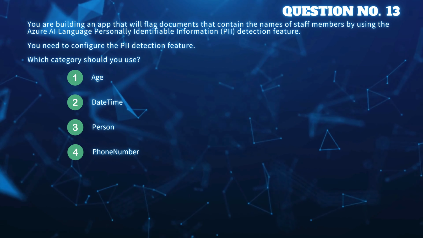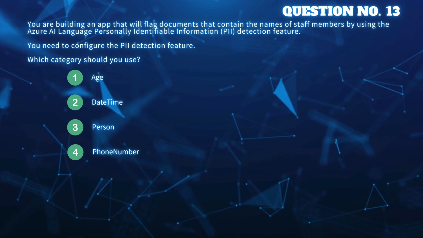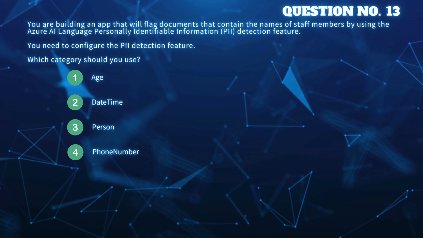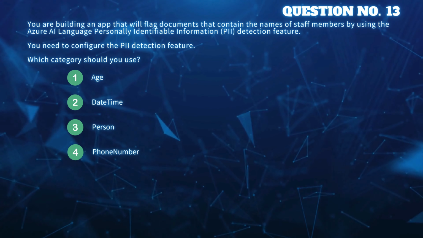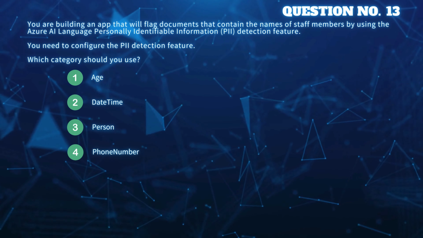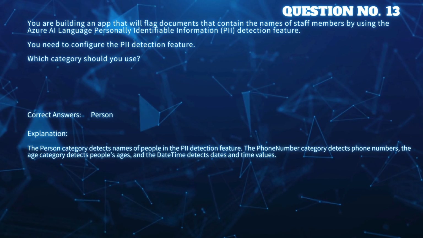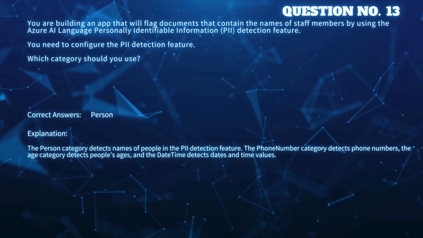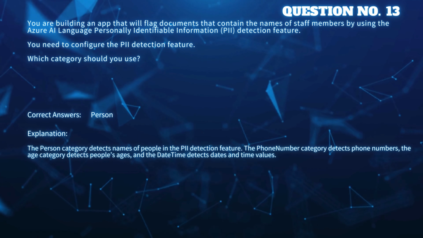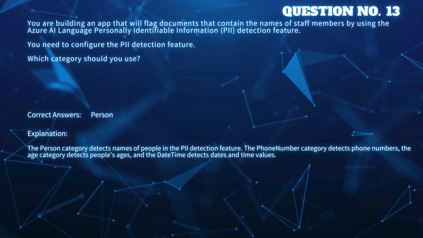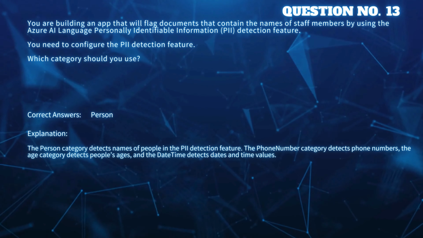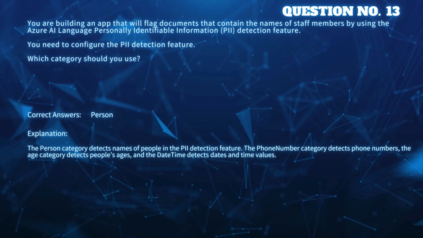Option 1. Age. Option 2. Date time. Option 3. Person. Option 4. Phone number. Correct answer, person. Explanation, the person category detects names of people in the PII detection feature. The phone number category detects phone numbers, the age category detects people's ages, and the date time detects dates and